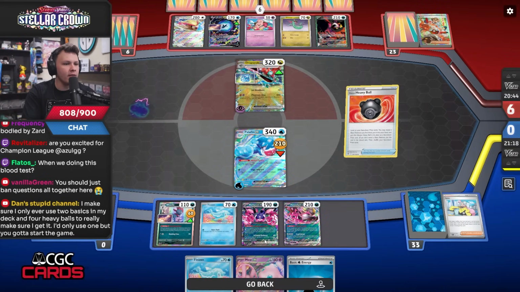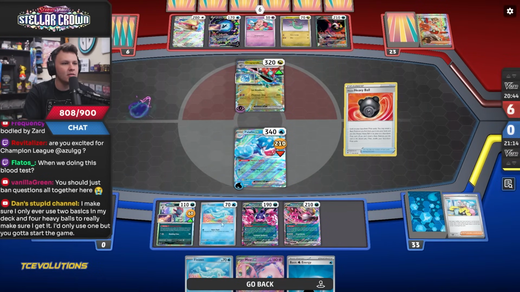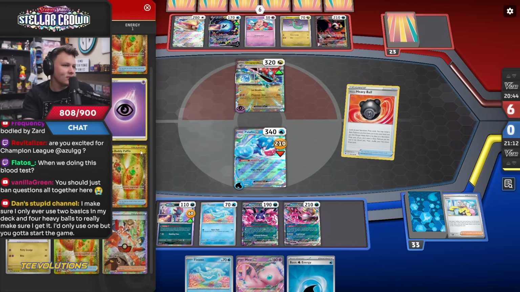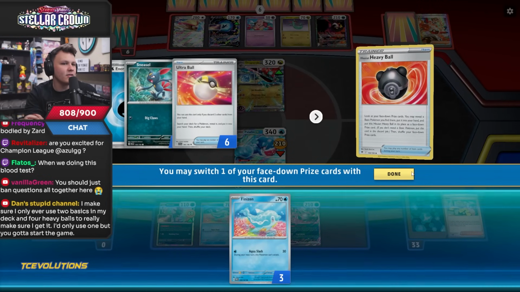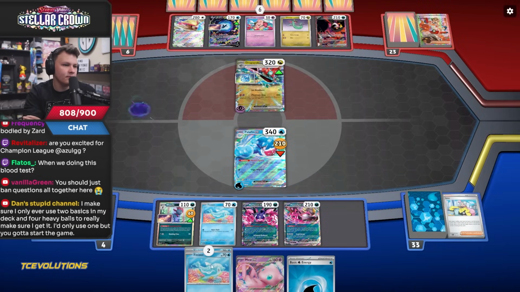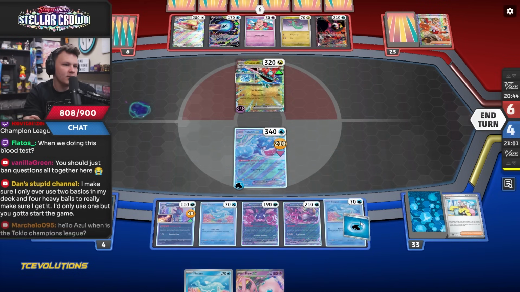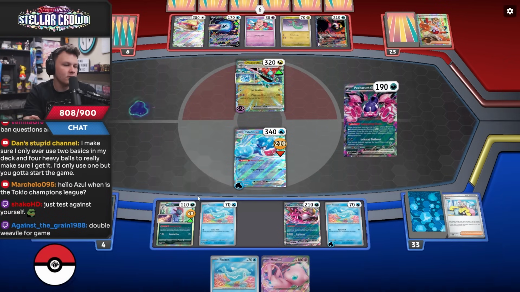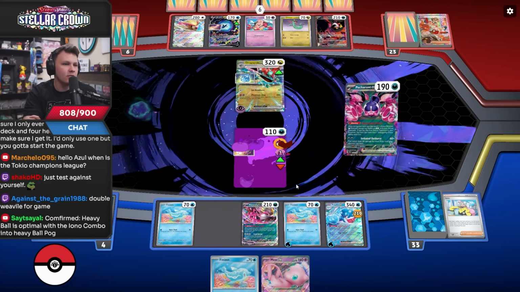I kind of don't want anything, but I want to bench the Mew and not the Finizen. But then if they go KO active plus Halucha, see, I think I have to kind of bench the Finizen here. But then I'd want another Finizen, I feel like. That seems fine. So I go bench Finizen. Attach to a Finizen. Weavile combo. Yeah, because they can KO active plus lone Finizen with Halucha or...